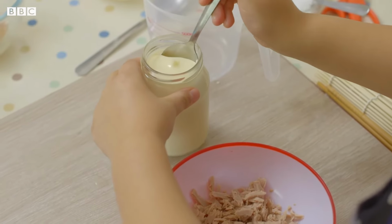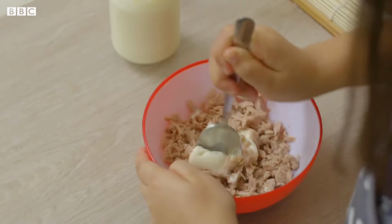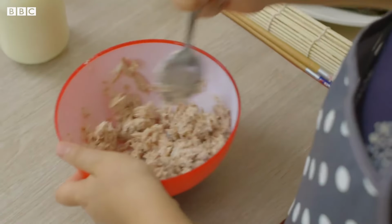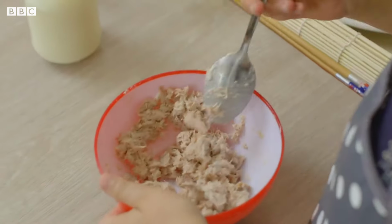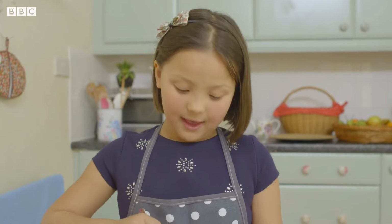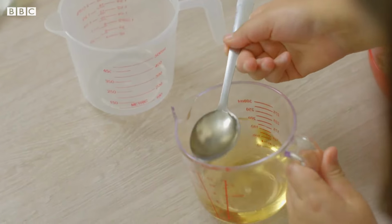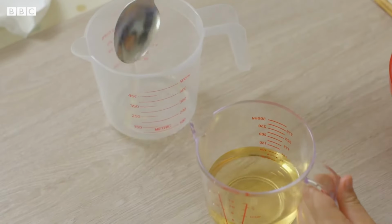Thank you. Now for the rest of the sushi fillings. Now I'm going to get one spoonful of mayonnaise and stir it in the tuna. The main difference about Japanese food and English food is that Japanese food has more rice and fish, and I think it's tasty. To make your rice dressing, spoon rice vinegar,